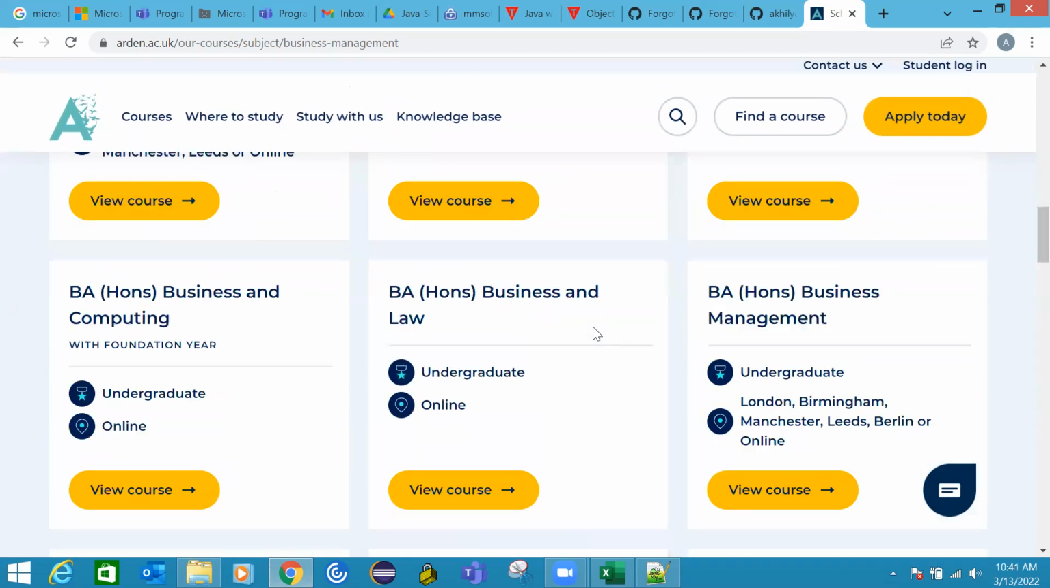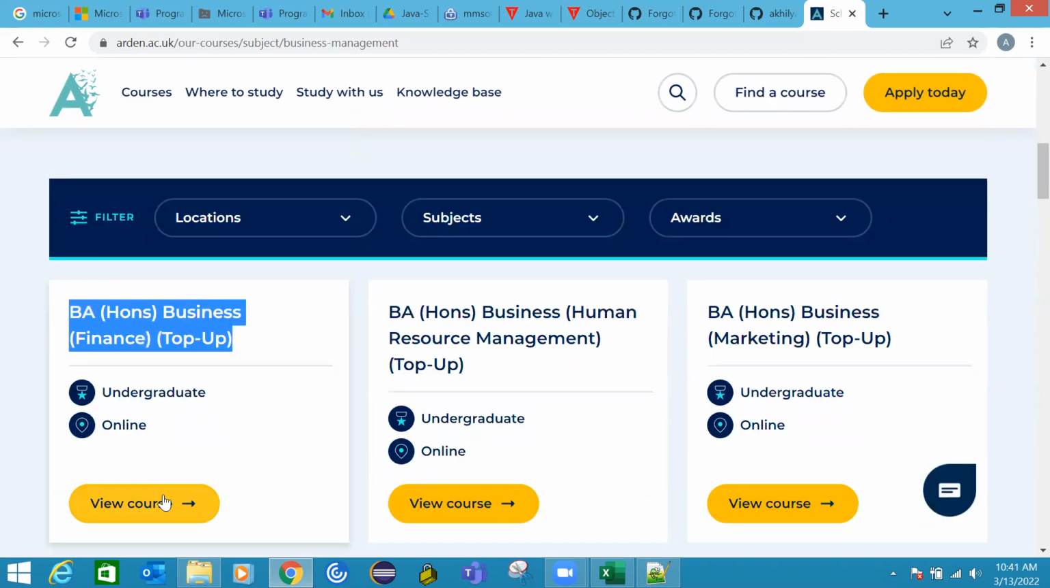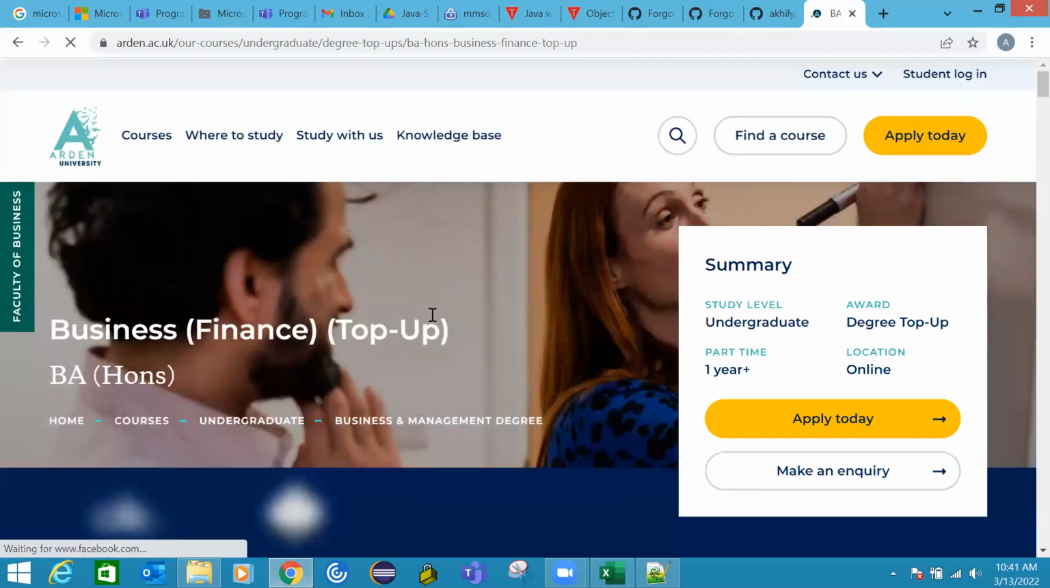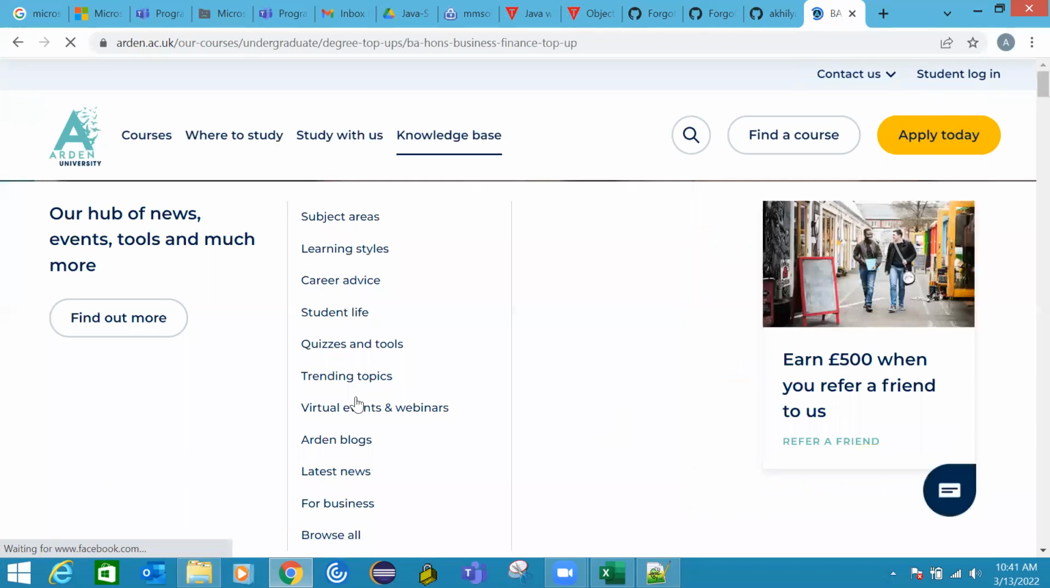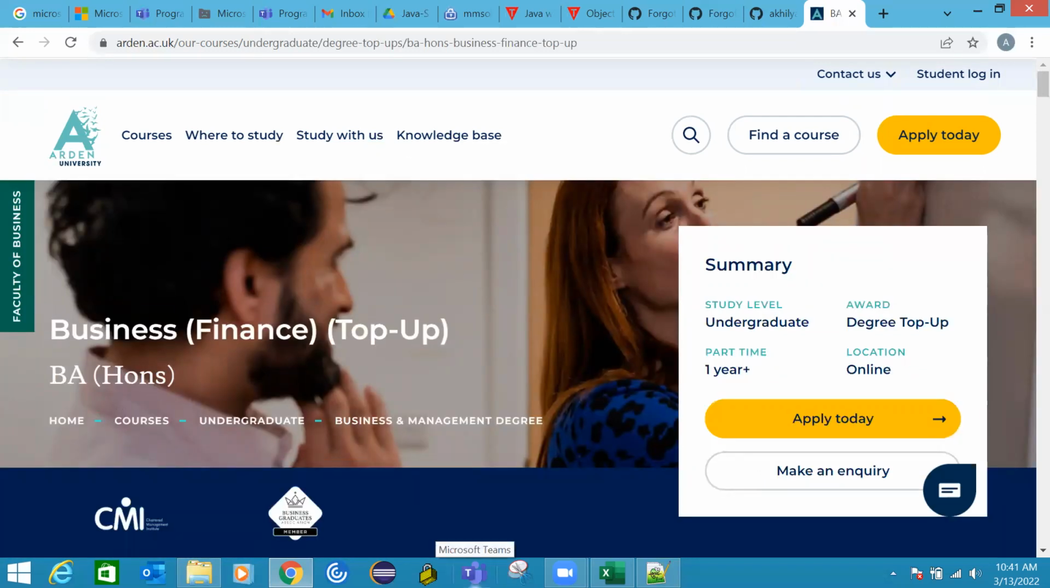So you need to click on view course. For example, if you click on view course, the user should be redirected to this page. So the moment we click on view course after searching for business and management course, we would be redirected to this particular page. Whereas if the user wants to make an inquiry, that means